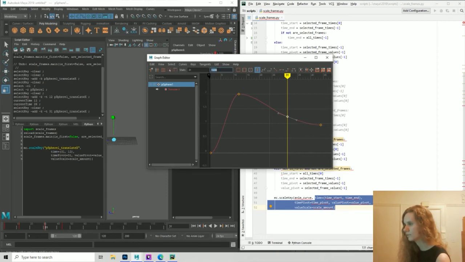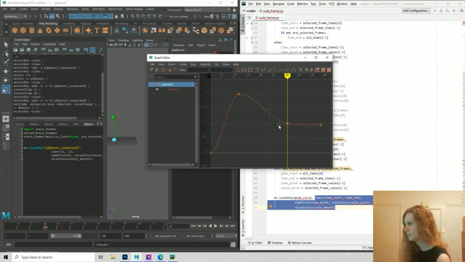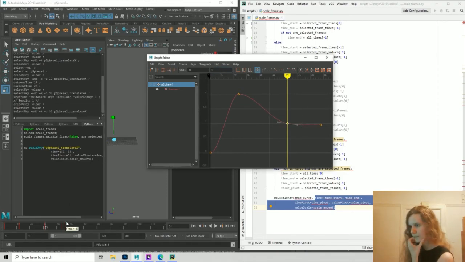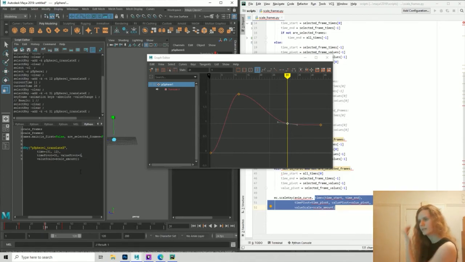Let's make it just 1, so that's easier to write. Okay, so value pivot is going to be 1, and then